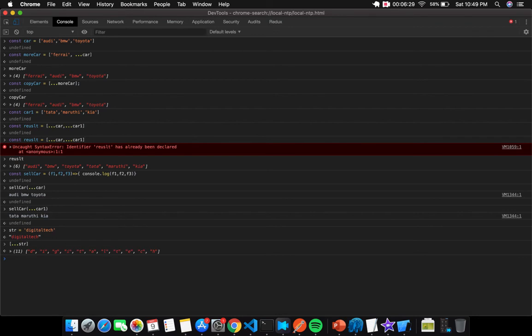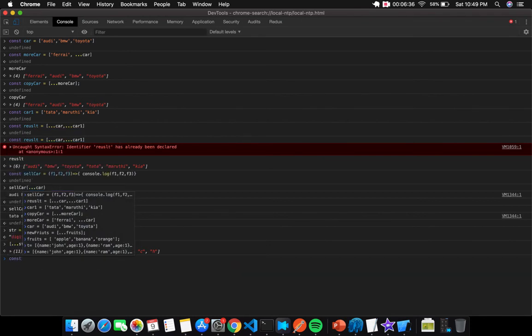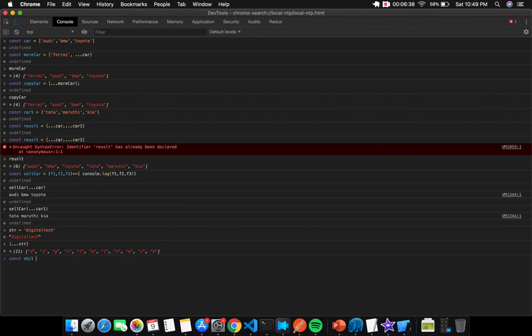You can also combine objects using spread operators. Let us see how we will do that. I'm going to define obj1 with name Vignesh Balaji and age 25.